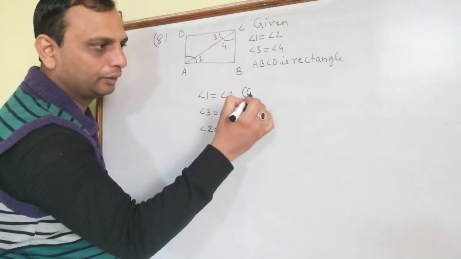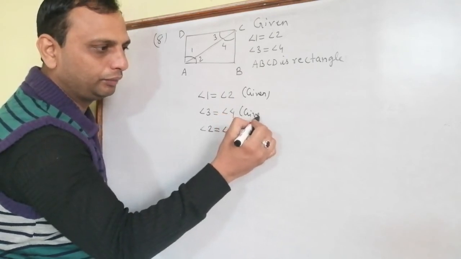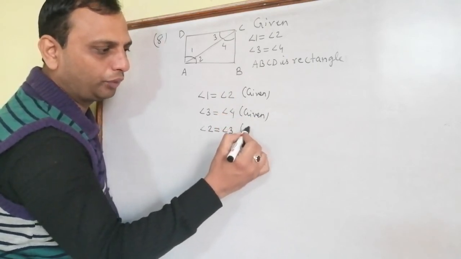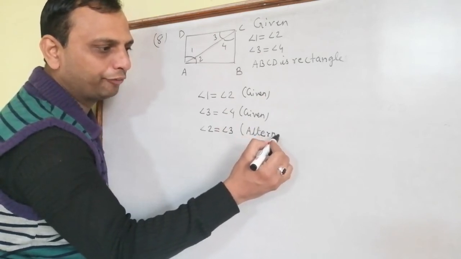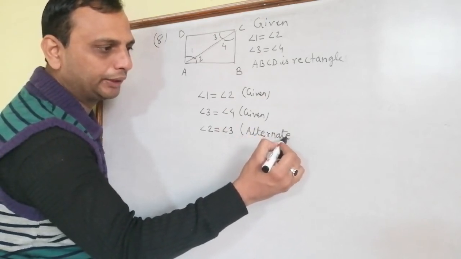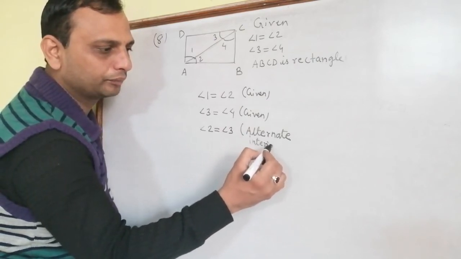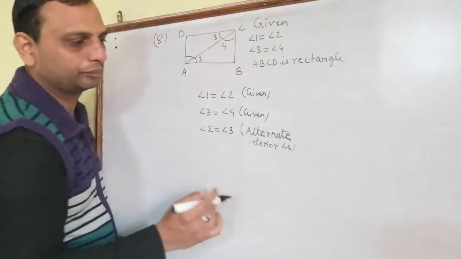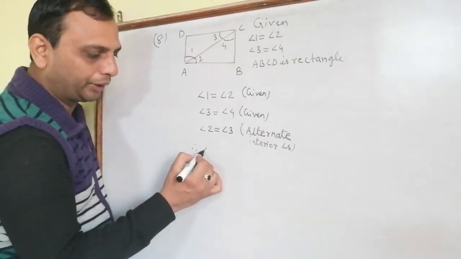This is given. This is also given in the question. This came from alternate interior angles. Because I already told, if a rectangle is given, it will be considered a parallelogram. Alternate interior angles. Now on this basis, what we can say is that